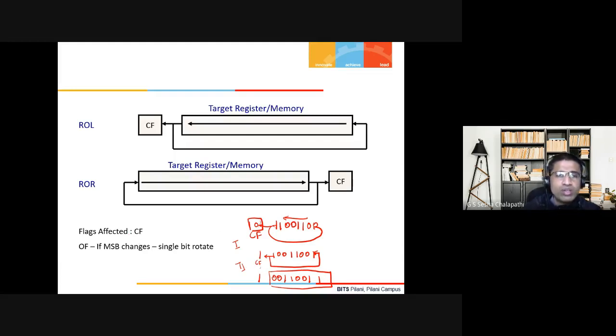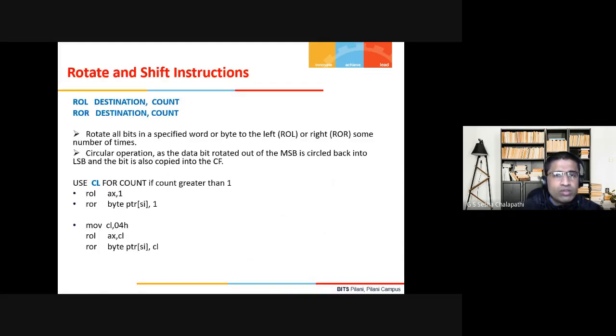Right. As it is a circular operation, the bit rotated out of the MSB is circled back into the LSB, and the MSB bit is also copied into the carry flag. Now to specify the count, we will use CL if the count is greater than 1.